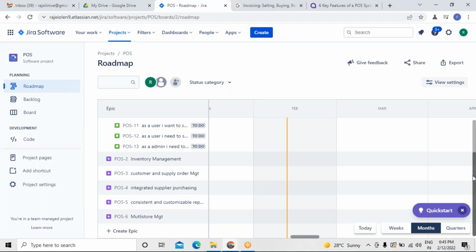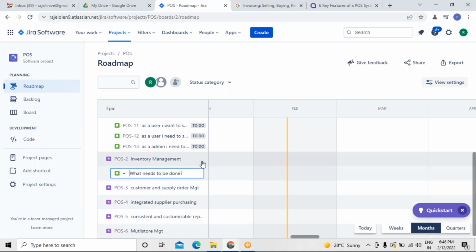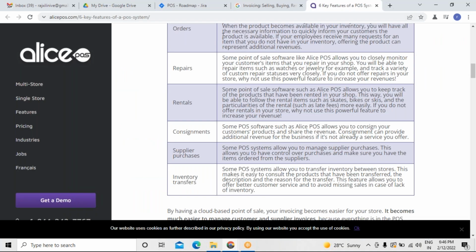But normally, because there are a lot of functionalities and features, some people will prepare a Word document, then they will do it here. Or else, if you have clarity on the user stories as well as the features, we can use it directly here. Now, the second one is the inventory management system. Whenever you write functionalities for inventory management system,